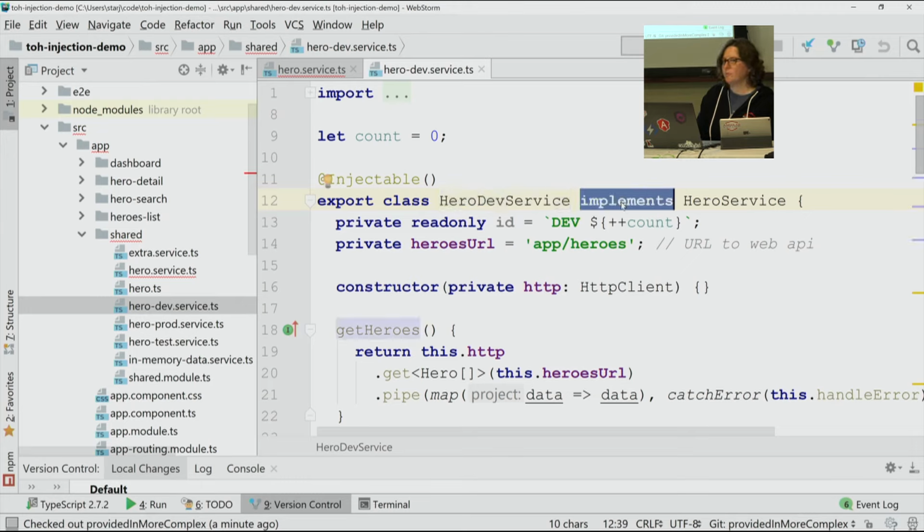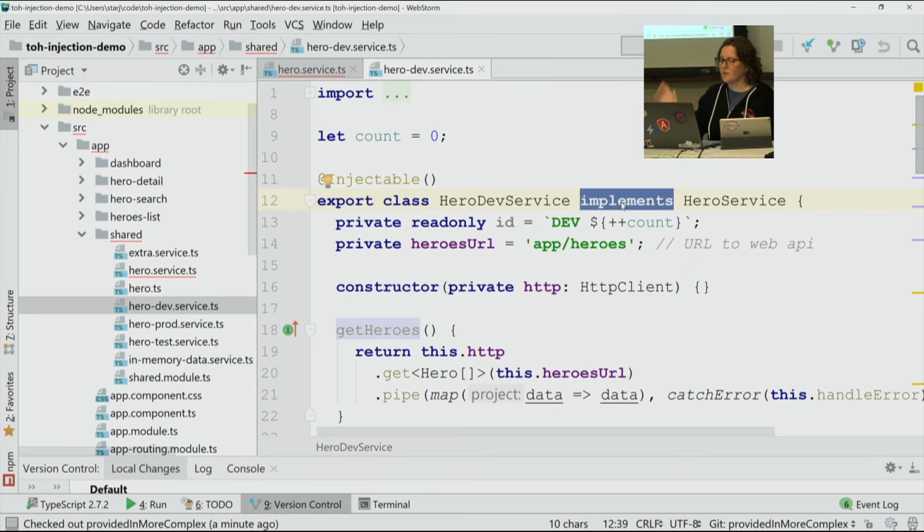Important point with the implements, it looks a little weird because HeroService is a class, and normally you extend classes. But in TypeScript, you can either extend or implement something. And since we're not getting any actual implementation from our abstract HeroService class, we're just using it really as an interface definition. It has to be a class so that it can be an injection token, but really it's just an interface for our API, and we want it to go away at compile time. So by saying implements HeroService,